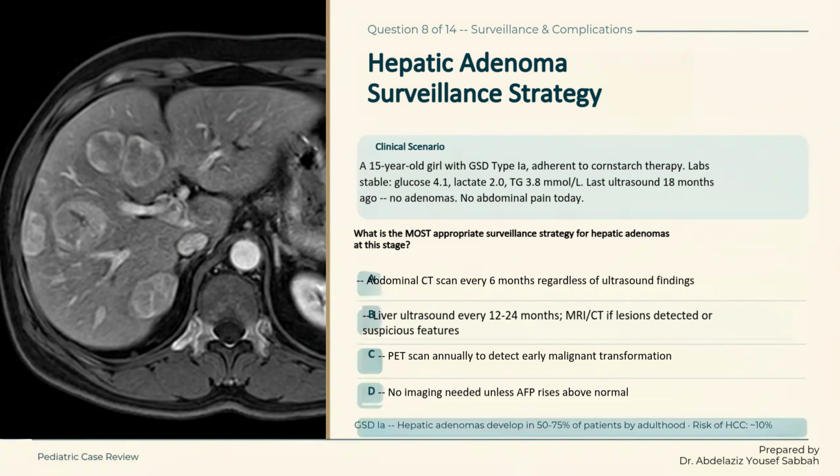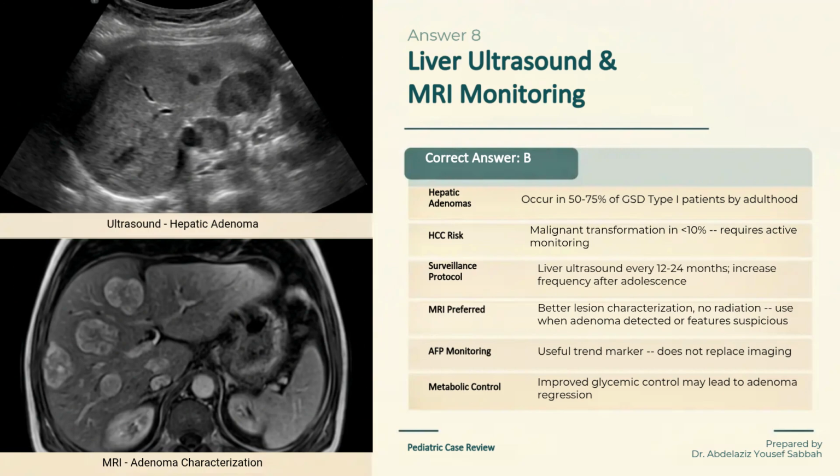Option A, abdominal computed tomography scan every 6 months, regardless of ultrasound findings. Option B, liver ultrasound every 12 to 24 months, with magnetic resonance imaging or computed tomography if lesions are detected or suspicious features appear. Option C, positron emission tomography scan annually to detect early malignant transformation. Option D, no imaging needed unless alpha-fetoprotein rises above normal. The correct answer is option B, liver ultrasound every 12 to 24 months, with magnetic resonance imaging if lesions are